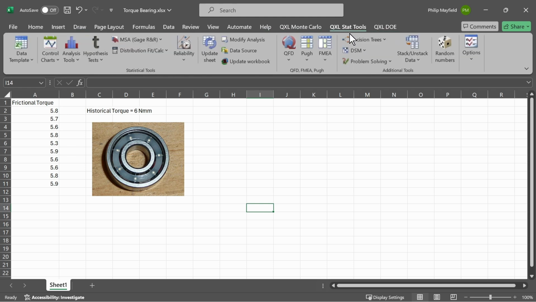in the Excel ribbon. For this example, I have a setup where, let's say that we're making bearings, and the historical torque for our bearings, the historical average is 6 Newton millimeters. And by saying that, we're assuming that the population mean of the torque for our bearings is equal to 6 Newton millimeters. So what I've done with a new bearing, so this would be the test of a new bearing,